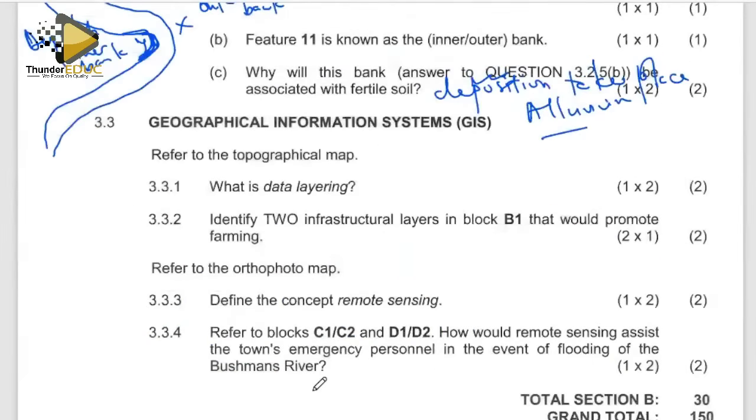Right, that takes us to the end of our discussion. I hope the discussion is going to be helpful for you as you prepare for your examinations for paper 1, be it prelim examinations, be it June examinations, be it the final examinations. That will still be the same ideas or the same concepts being examined. I hope this is going to assist you in your